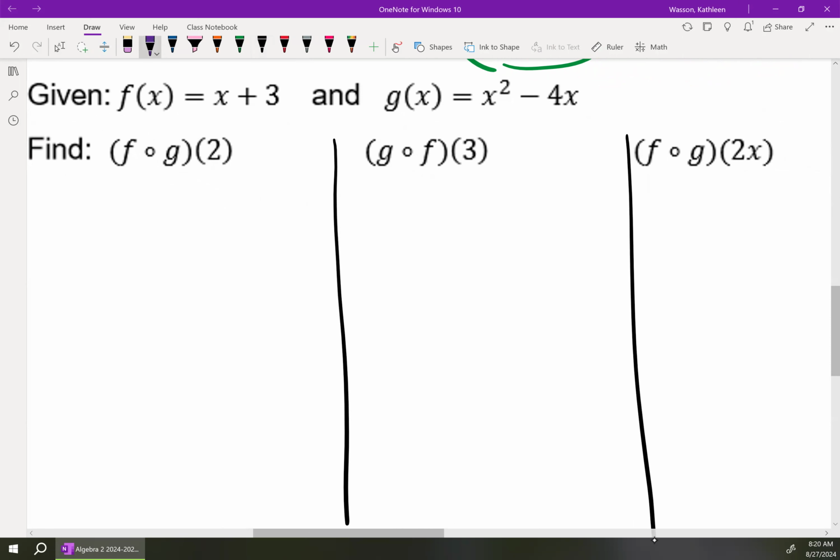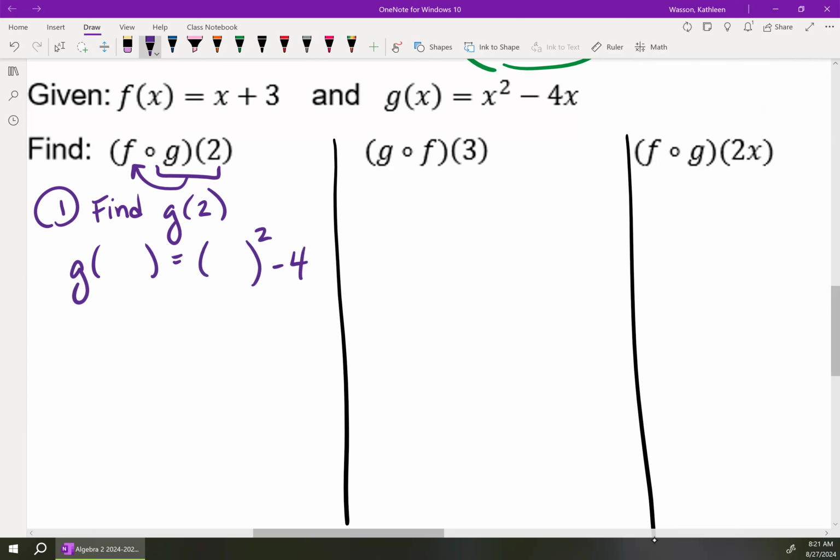Now I want to substitute g of 2 into f. So the first step would be to find g of 2. I don't know what to substitute into f until I sort out what g of 2 is. So I set up the g equation to substitute. Move this over. I can't move it. Phooey. Okay, well,